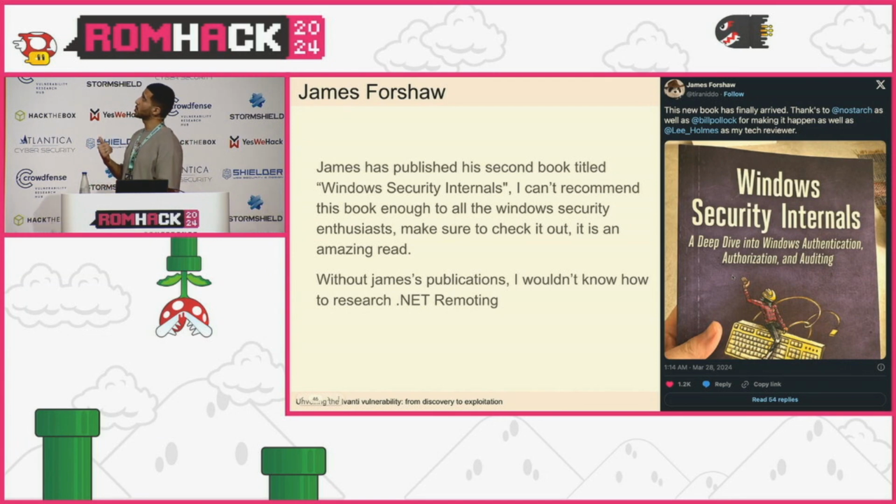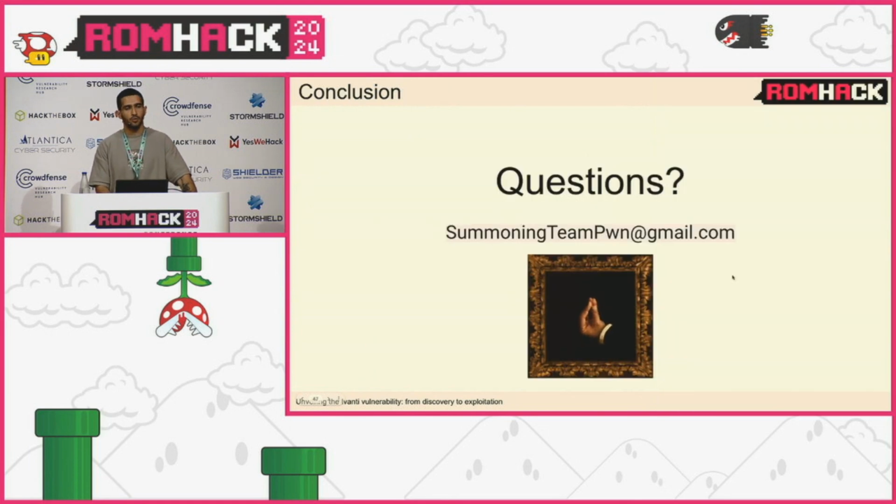He has published a book called Windows Security Internals. Go buy it. I've bought it and read it. It's an amazing book. It's really good. I haven't seen any book going over Windows Security Internals better than this book, and as easy to understand as this book. Conclusion: